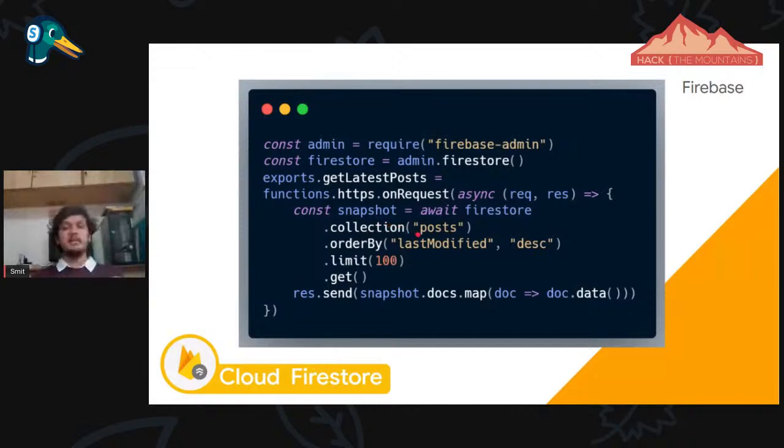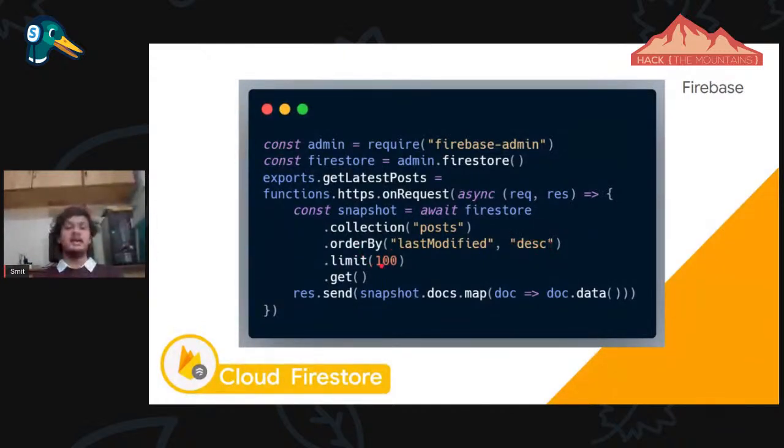Now create a snapshot of what you require. This is a collection. In Firestore, the table is called a collection. It's similar to a table but not basically a table. There is a field called post, and then last modified date, in descending order, limit 100.